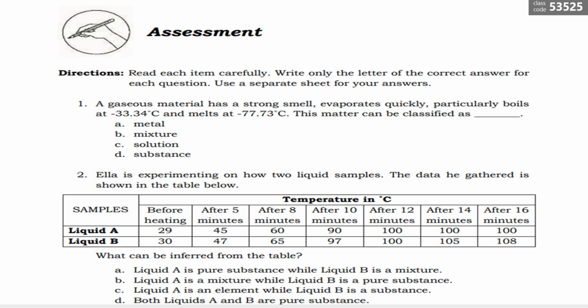Okay, let's reveal the correct answer. Correct answer is D. Substance. Very good. Number 2. Ella is experimenting on how to